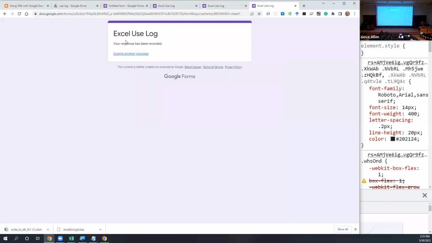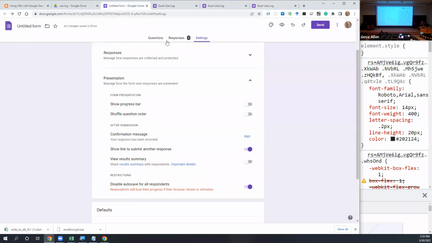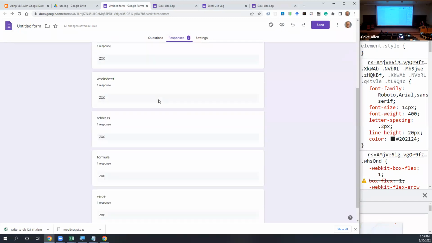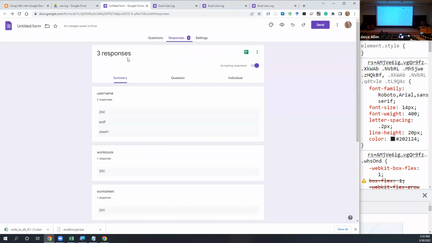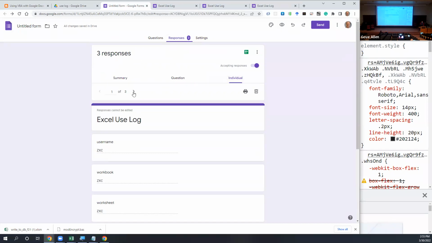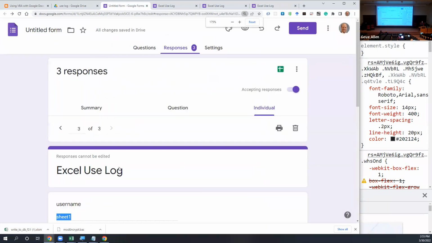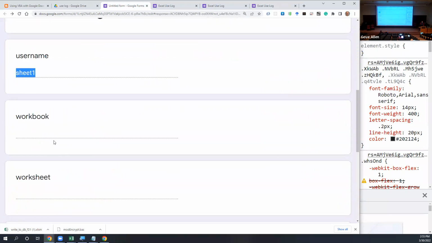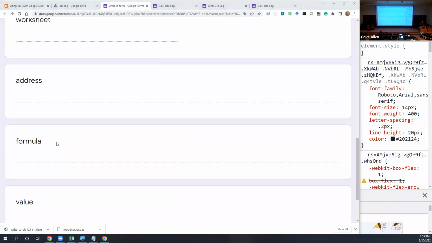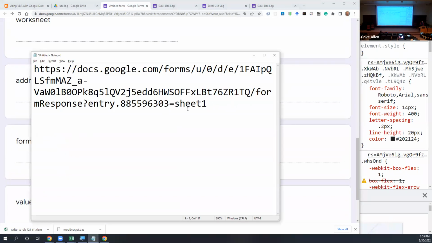Okay, so good. It came here and it says my response has been recorded. I'd like to go see if that really is true. So I'm going to come back to the beginning of my form, come to responses, and come to response 3. We come to individual responses and response 3, and there it is, sheet 1 and nothing else. So if I can properly format this URL with the names that I'm after,